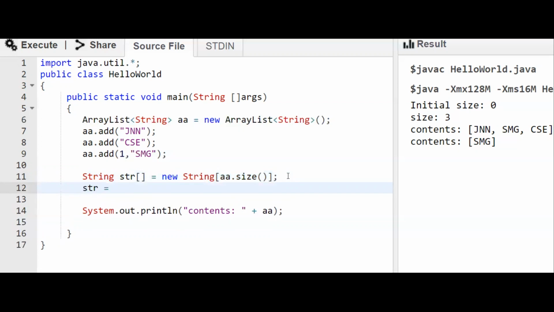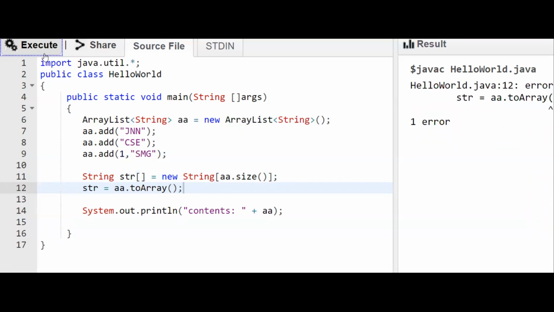Then for this string array, we can call aa dot toArray. So we can call this particular method, that is toArray. But here, when we are converting it into a specific type of array, that is the string array, it means we are converting an array list into a specific data type.